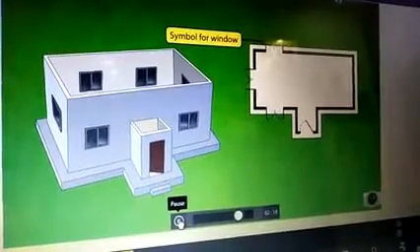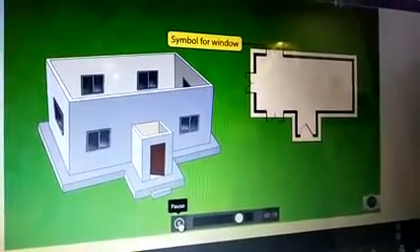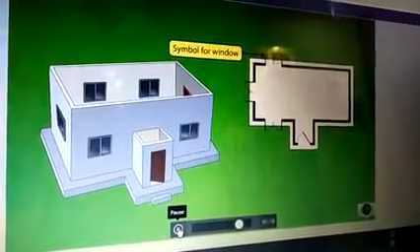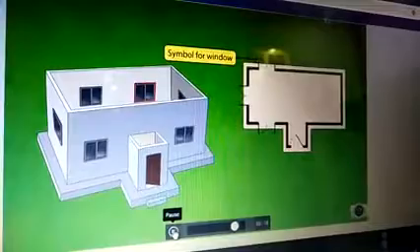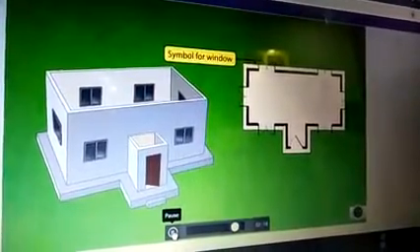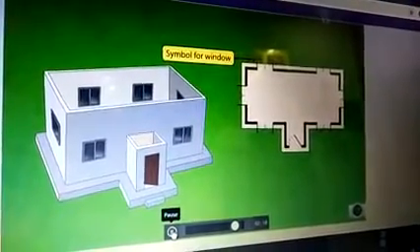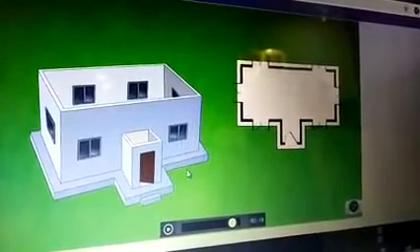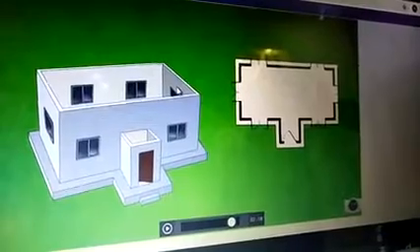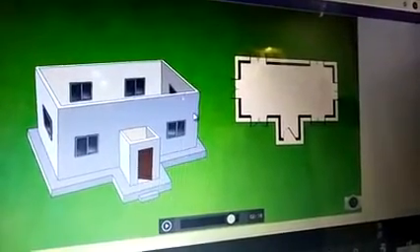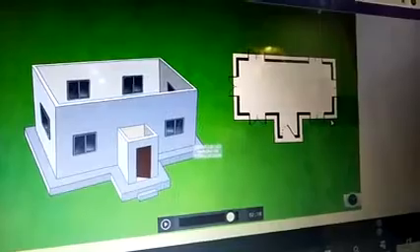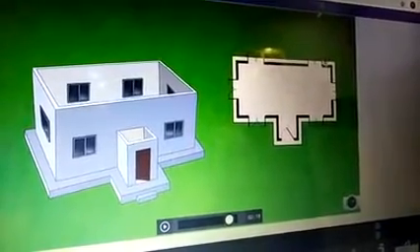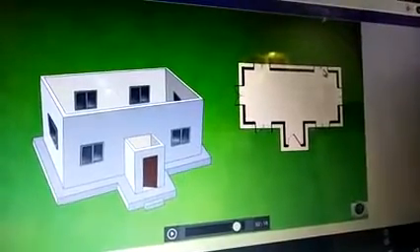Next, we look at the windows on the right side of the house. There is one window on the front side, one at the side, and one behind. Let's place the symbols for these windows in the floor map. So now how they represent, one is right and another one is side and another one is behind. The same way they represent in the floor map, the right side and behind. Can you understand, children?